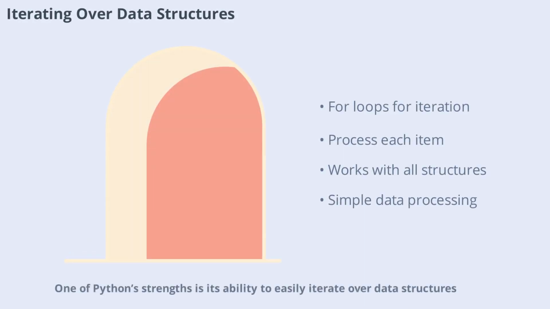One of Python's strengths is its ability to easily iterate over data structures. You can use for loops to process each item in a list, tuple, set, or dictionary. This makes it simple to perform operations like filtering, transforming, or aggregating data. For example, you might loop through a list of numbers to calculate their sum, or iterate over a dictionary to